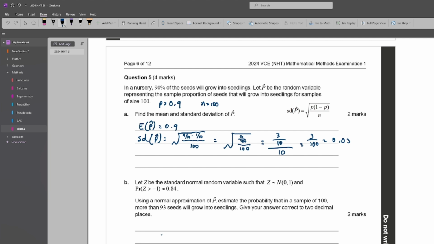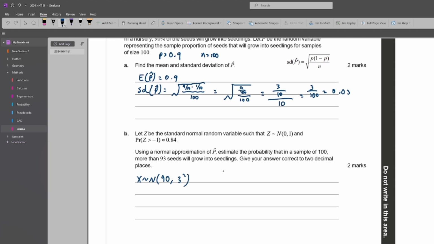And then the standard deviation for the population parameter is 0.03. I'm going to work with 3, so just the 0.03 times 100. So in terms of the actual seedlings, we're expecting 90, and then a standard deviation of 3. So we could say that x is distributed normally with a mean of 90 and a variance of 3 squared. So the probability that x is greater than 93, more than 93 seeds,